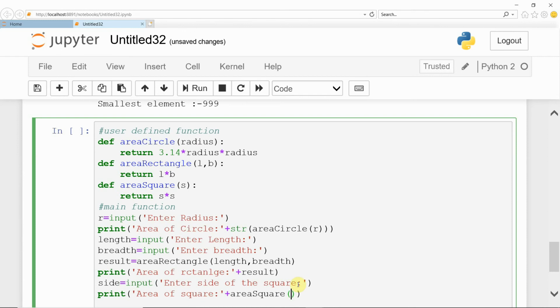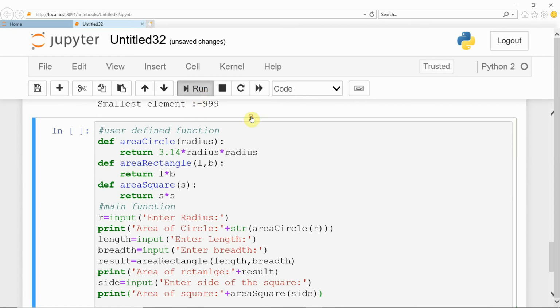You called the area_square function and you pass the side of the square as the parameter. This side parameter is received by the variable s, and it finds s into s and returns the result. That returned result will be displayed in the place of the area_square function where the function is called.